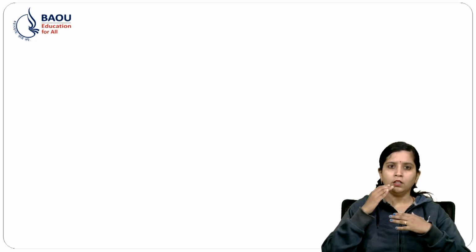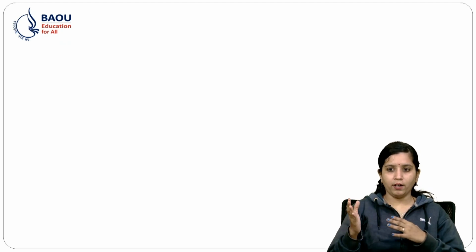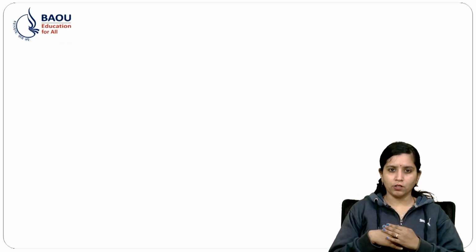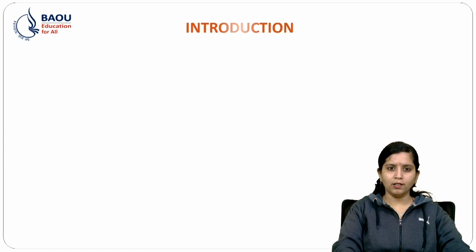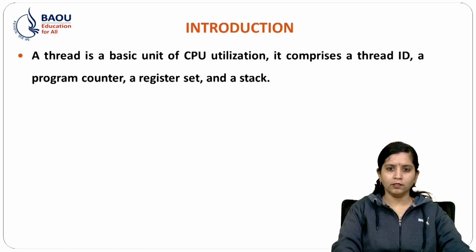So, what is thread? Thread is a sequential flow of a task within a process. Threads in an operating system can be of the same or different types. Threads are used to increase the efficiency or performance of the applications. Each thread has its own counter, stack, and the set of registers. So let's see this in detail.